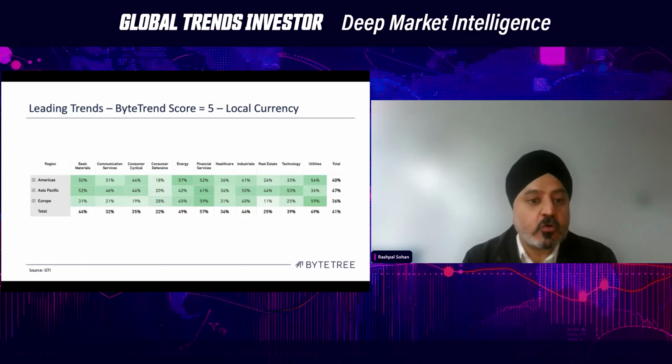The key figure to notice is the figure in the bottom right-hand corner, which is highlighted as 41%. What this is showing us is that 41% of the stocks on our screen are meeting the criteria of a 5 in local terms. So that is not as strong as it's ever been, but 41% is not very bearish either. All in all, it's not a bad score. So we're still in a bull market.